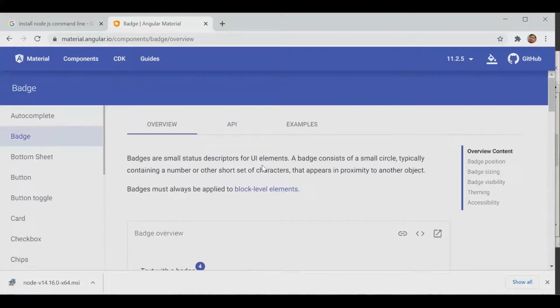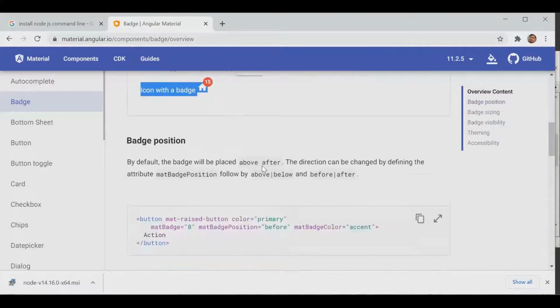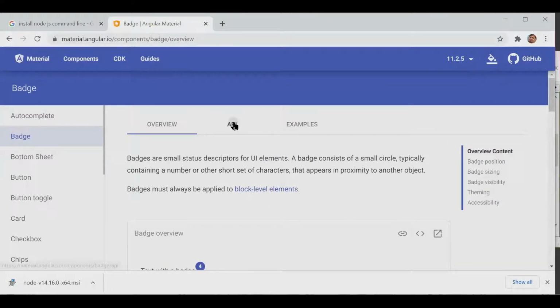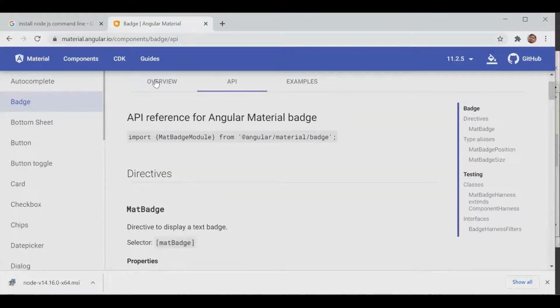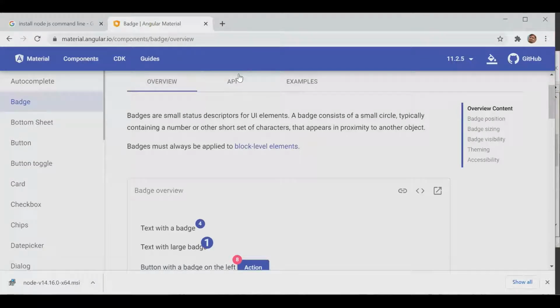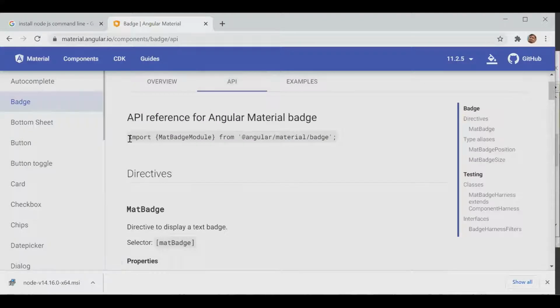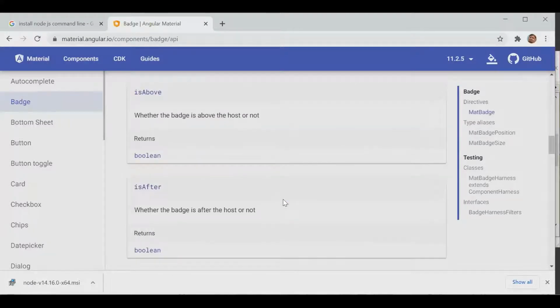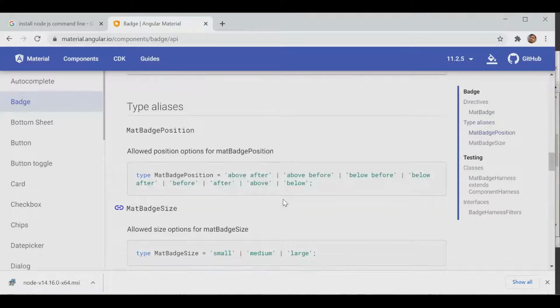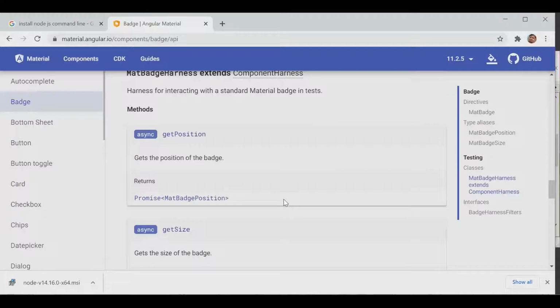Now it will be a control for us. The same thing happens as an overview, which gives detail. Then API means if you are going to use it in your project, what you need to do as a selector and all. Input property, output property, you will get it from here.